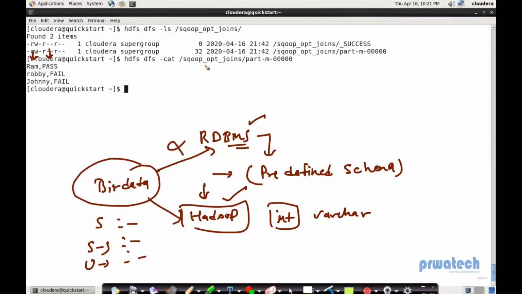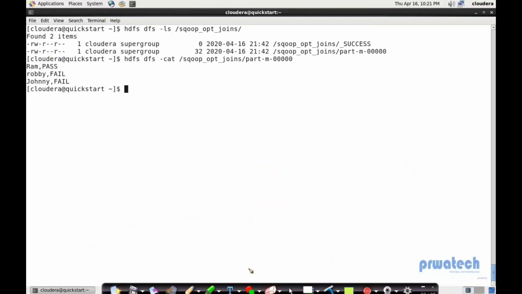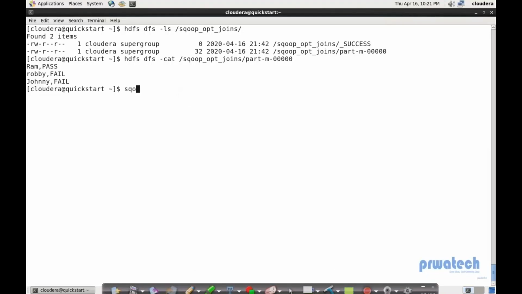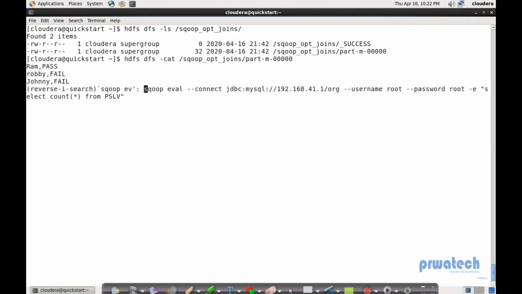Okay, let's do this. First, we'll create this schema. I can directly create a schema from there, or I can create it with eval from here. Since I'm doing it from Hadoop, I'll do all things from here. I'll submit sqoop import, eval, or can I take my previous query, sqoop eval, and this query is create table. This query is create table,